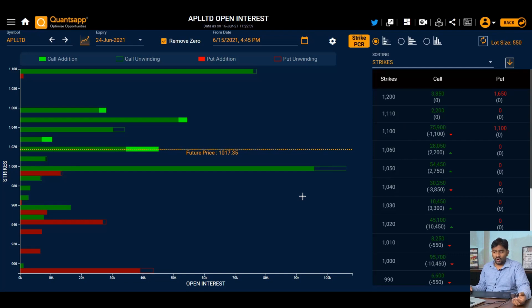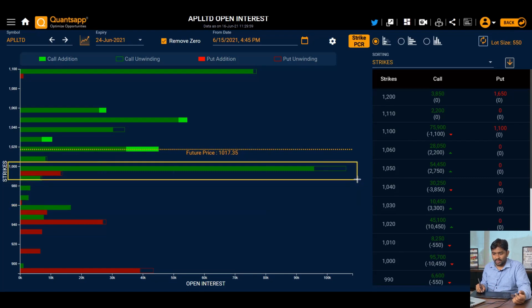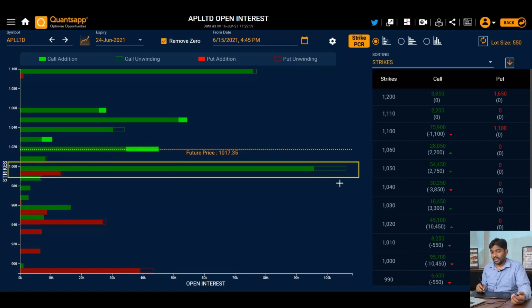Now when we talk about the order book, just try to understand, we'll try to relate these two things. When we're talking about this 1000 call option, and we said this is the overcrowded place, that means people have shorted, created a short position. When the market came up to this point, what happened at this strike price? Price has to move above this. So the people trading at this point of time will be scared, and they want to exit from the market.